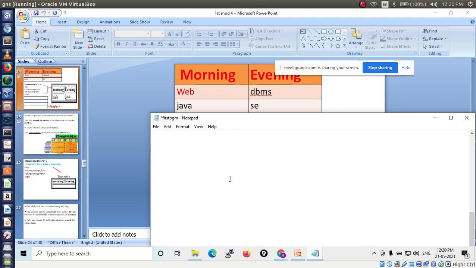So which code should I write? First I have to create the code for table. So first what should I write? Which tag should I start? Very good. Table, then border. Here you have to give the size. Here I am giving size 5, within double quotes. So now close this table tag.